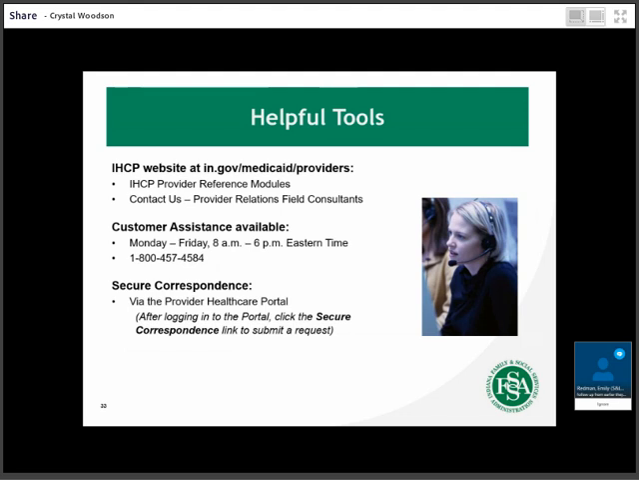Also available on the website, we have our Indiana Health Coverage Programs provider reference modules, which are a good education tool for any services that are being rendered. It shows you how things are supposed to be billed. Again, if you don't know who your provider relations consultant is, you want to look at the tab that says Contact Us. Customer assistance is available Monday through Friday from 8 to 6 Eastern Time, and there is listed their phone number,